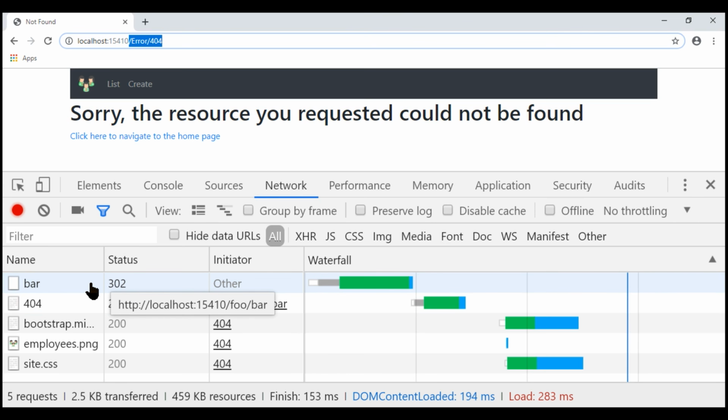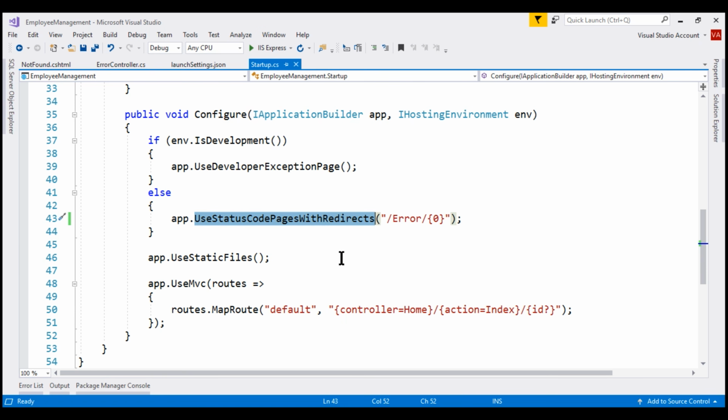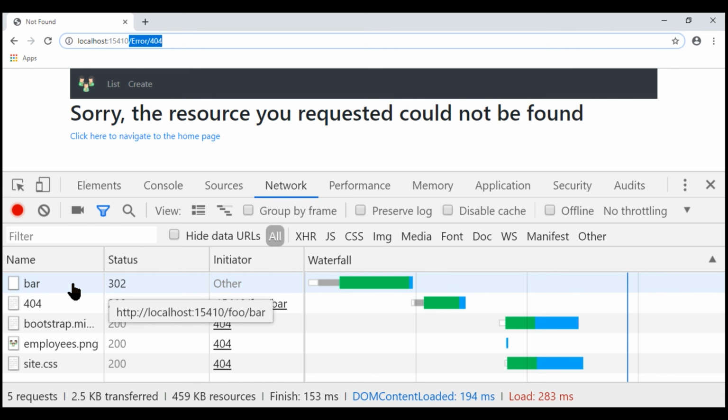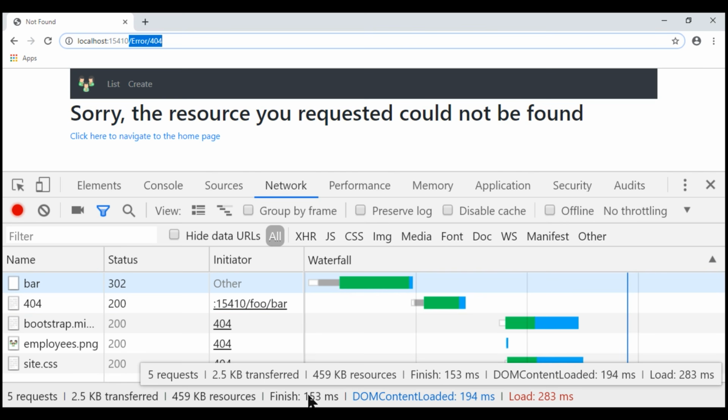This means this URI /foo/bar has temporarily changed to something else. And what is that something else? Well, we have configured that using this middleware component, and that is /error/ the non-success status code, in this case 404. So this URL /foo/bar has temporarily changed to